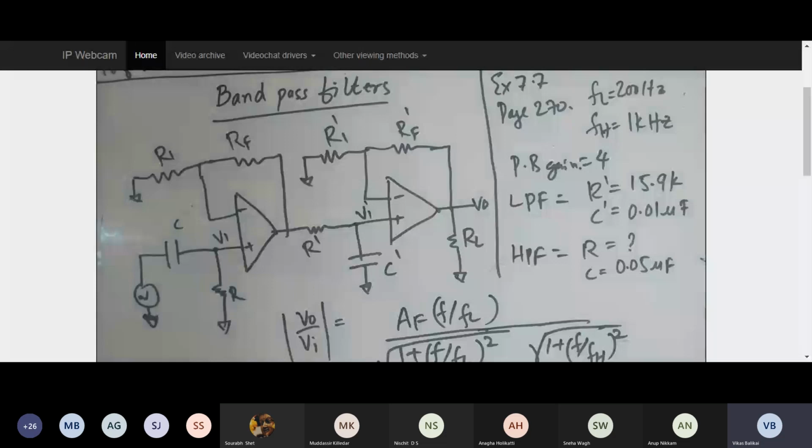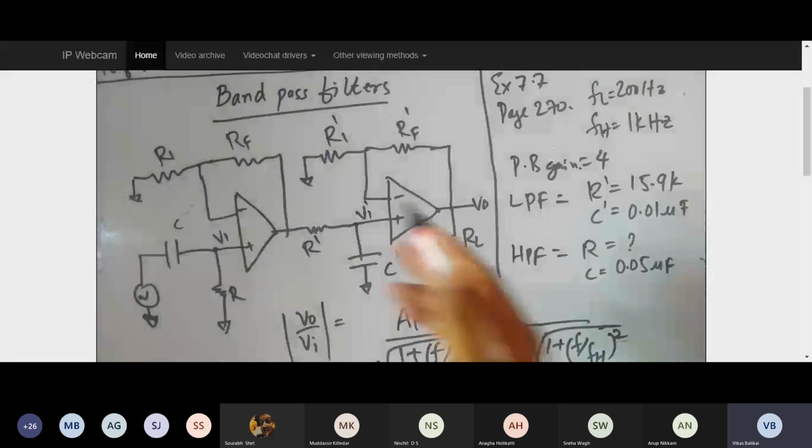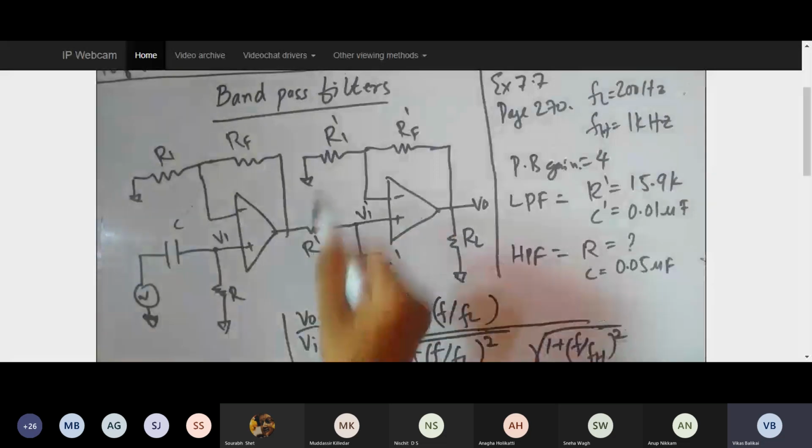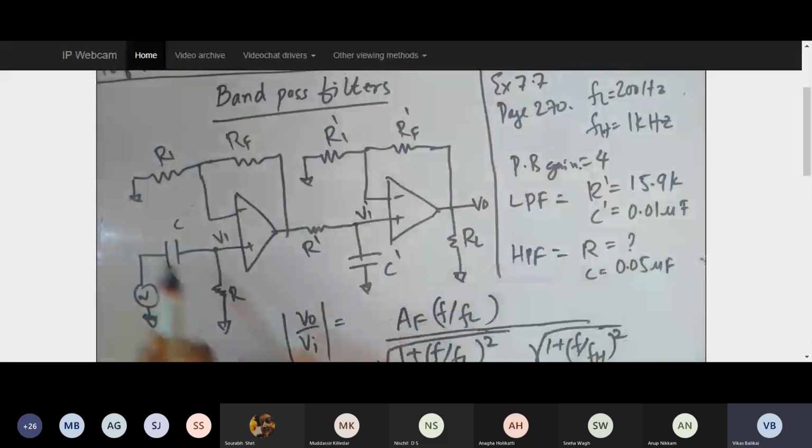Okay, so I was telling, he has given these many parameters. Now let's try to calculate the different parameters. Now I'll just make you aware of what things he has given. So he has given R dash, C dash, which are nothing but your low pass filter values. He has given the value of C, he hasn't given the value of R, which means I need to calculate the R value. Once I calculate the R value, then accordingly I need to calculate the final gain equation.